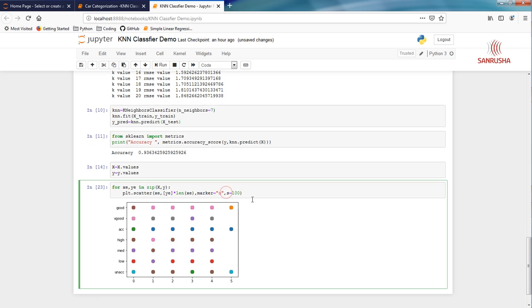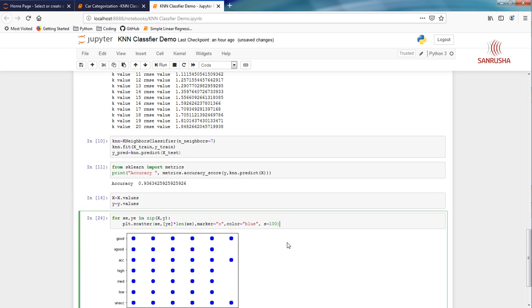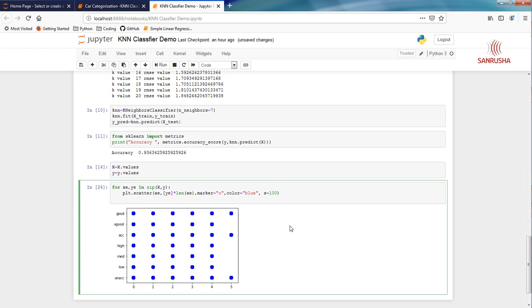Let's do one more thing. Let's put color. These are our original values, so as we have followed in the previous lecture, let's give it color blue. Good job. Now we're going to print the predicted values. So these are real x and y values, right? Now we're going to print the predicted values.